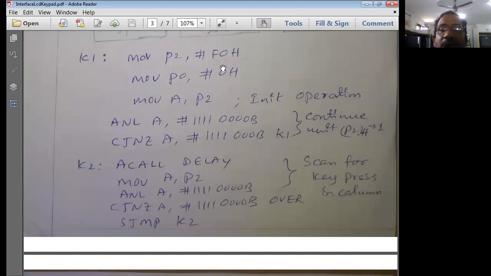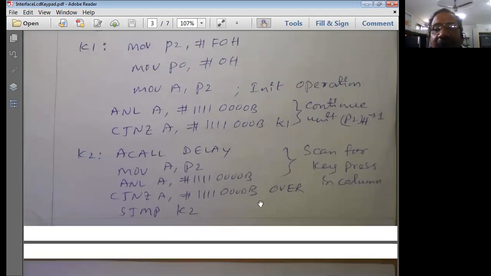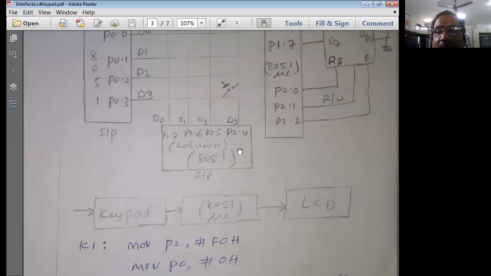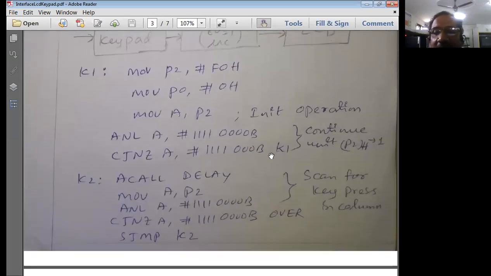Like this, I execute this code to initialize the keypad. We initialize the keypad. Then the keypad has to be scanned for the vertical key. First of all, I sense the vertical key. Then I go for the horizontal key level.